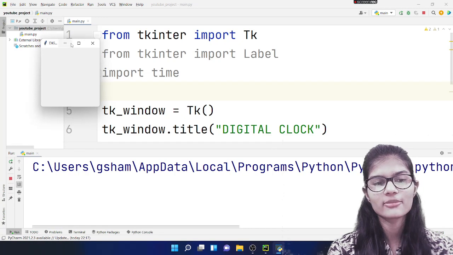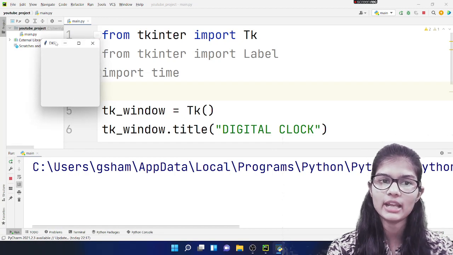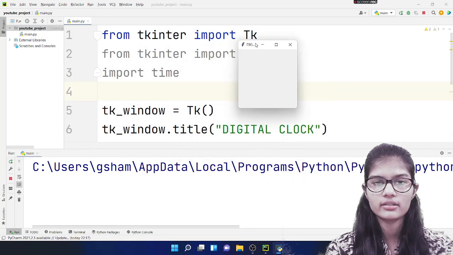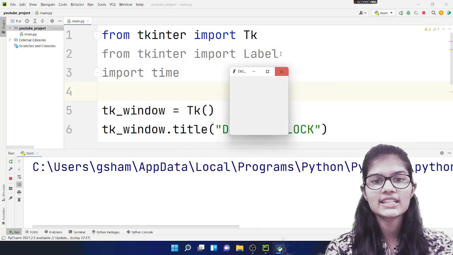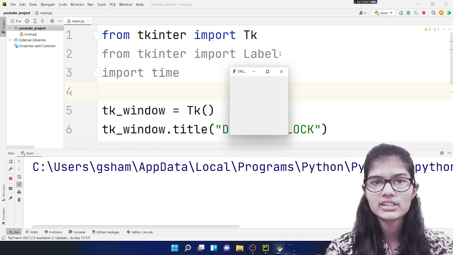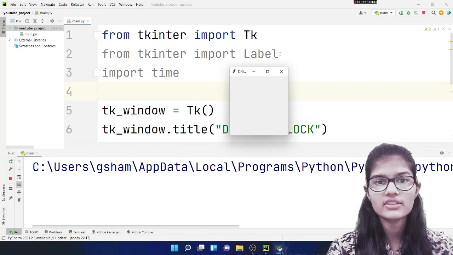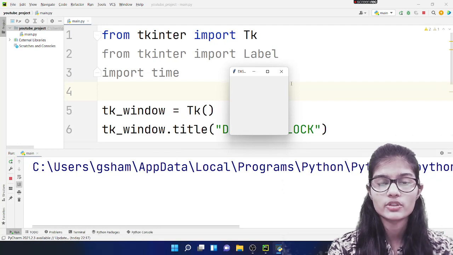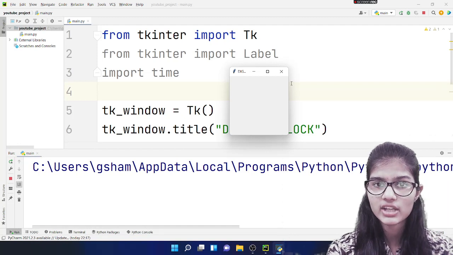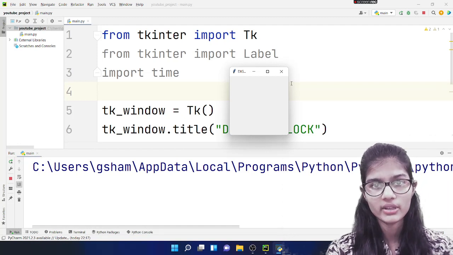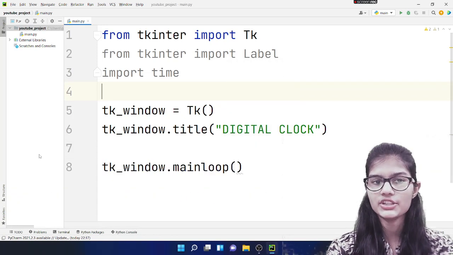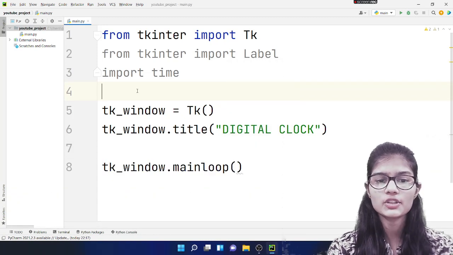And here I get my tkinter window which is made by me. This is a small window you are able to see, right? I'm able to move it here and there. This is my tkinter window. Here I haven't defined any dimensions, and that's the reason I am getting a small window. As soon as I put in anything, it will acquire the dimensions that I mention. Okay, now I would close this and close the output as well. Fine, this is all sorted.